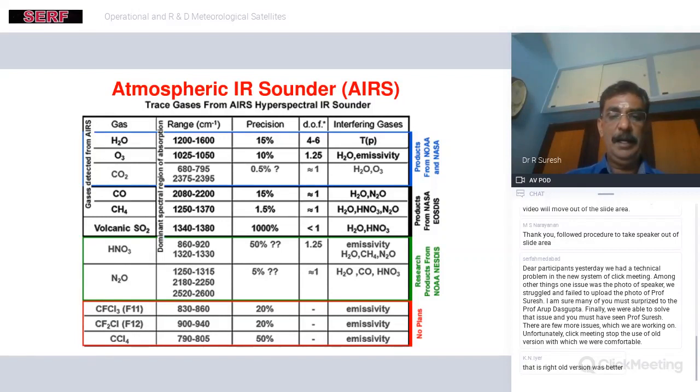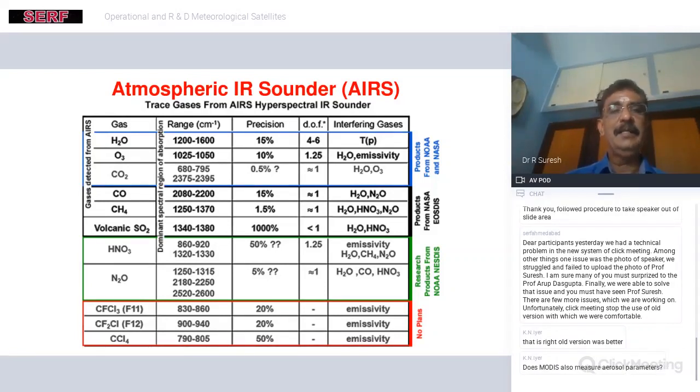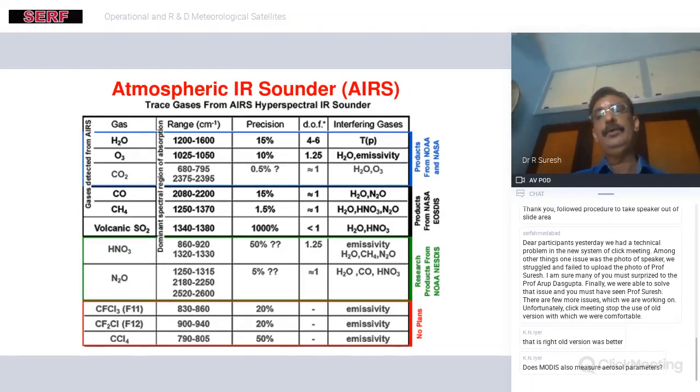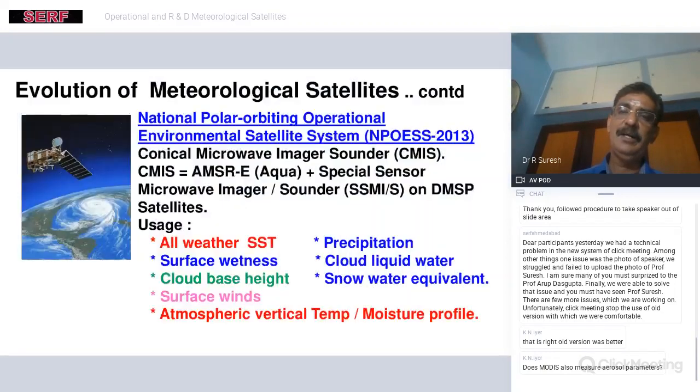We have seen so many trace gases in yesterday's module, and each trace gas is susceptible to some radiation wavelength, which we also saw yesterday. There are still trace gases available for which the wavelengths have been identified, but we are yet to use those. They have been listed in the last portion of this table. Right now it is ongoing. Maybe for emissivity estimation, some other thing is on its way. So we have to wait and see.